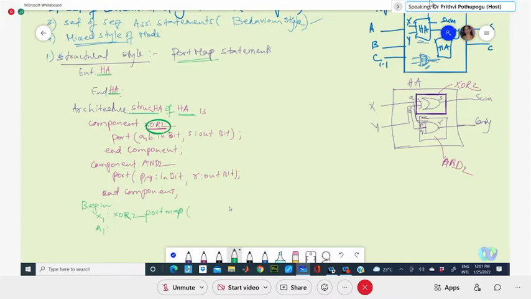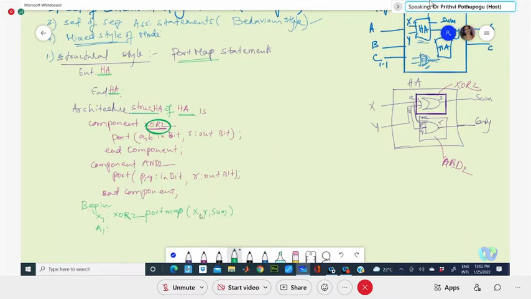Now here, if I give this port map statement, see, if my major design half adder inputs and outputs are X, Y, sum and carry, what I will do here is this port map with X, Y, and sum. The actual XOR ports are A, B, and S, no?